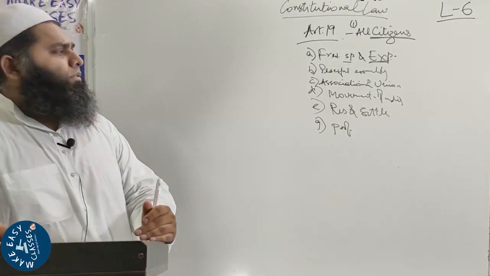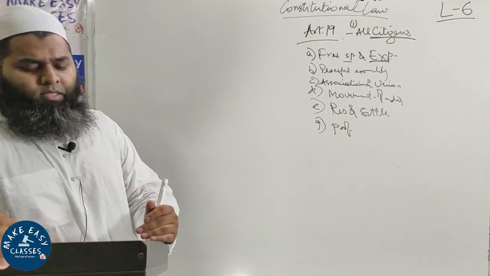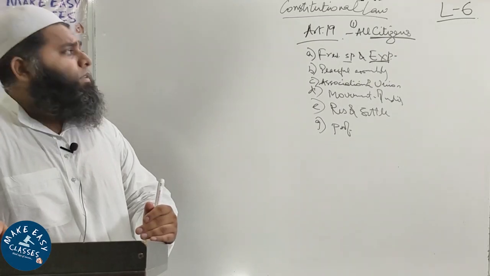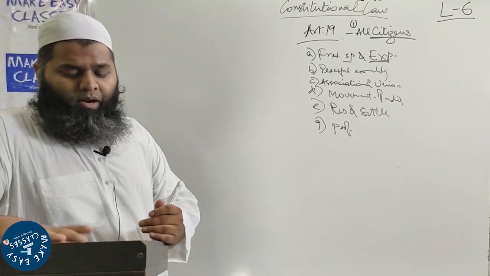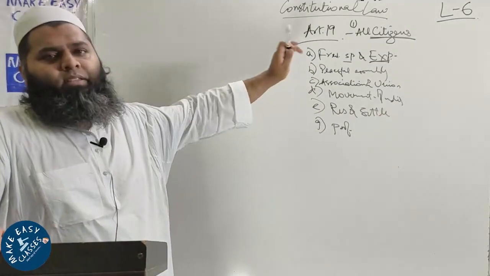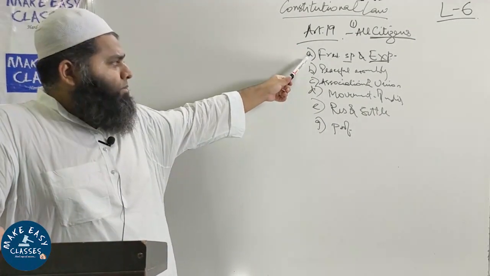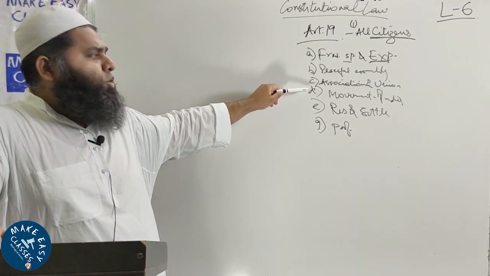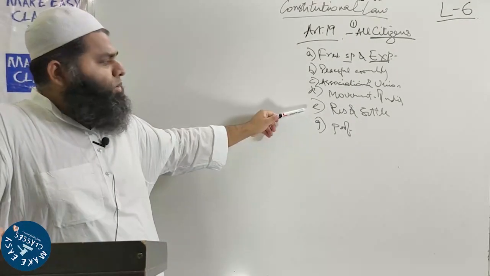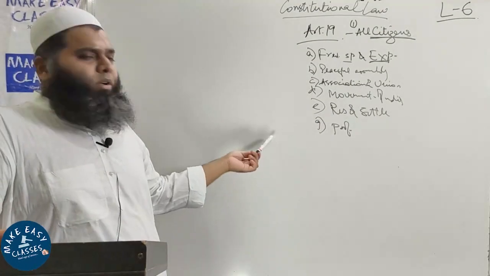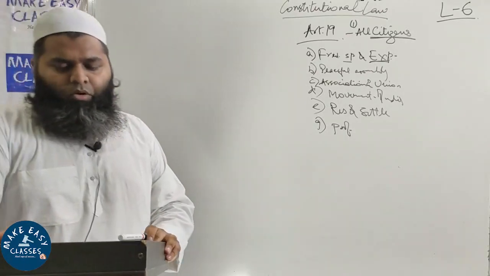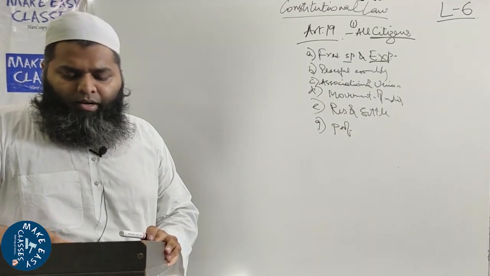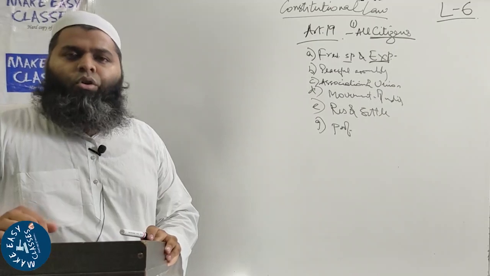So till now what we have seen that Article 19 has basically 6 clauses, sub-clauses, Article 19(1), all citizens shall have the right. The first thing is that it deals with the citizens and not all persons. Freedom of speech and expression, to assemble peacefully without arms, to form association and union, to move within the territory of India freely, to reside and settle in any part of India, and to carry out any profession, trade, or business or occupation. So these are basically the freedoms which are given under Article 19, Clause 1.